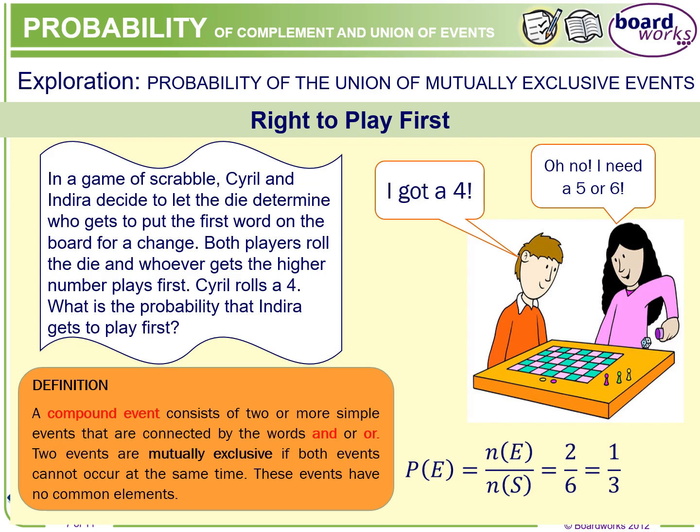These events have no common elements, like you cannot get a 5 and a 6 at the same time. For example, in our classroom, selecting a female or a male. These 2 events are mutually exclusive because you cannot select a female who is a male, right? These events have no common